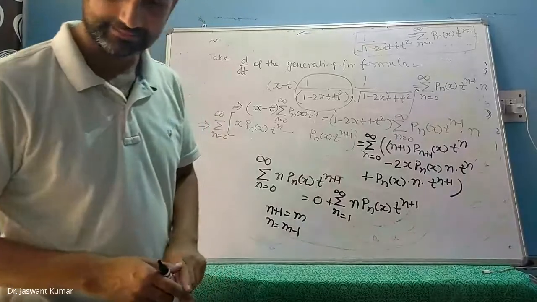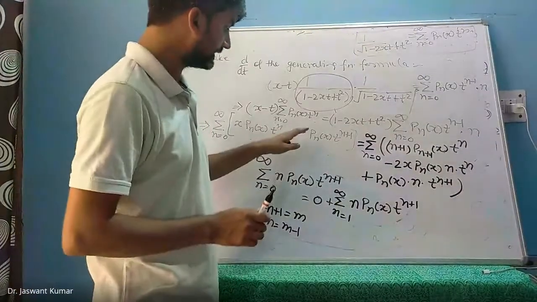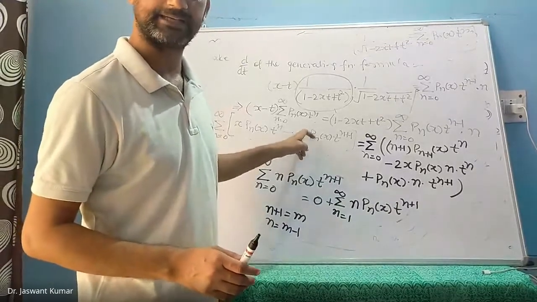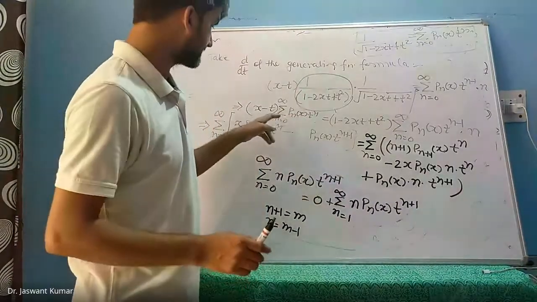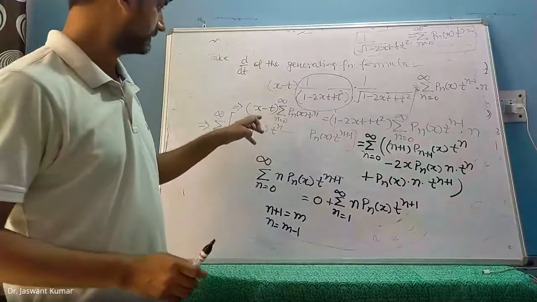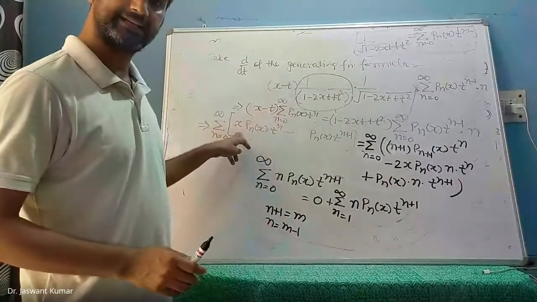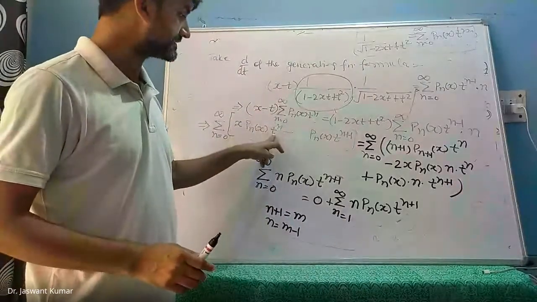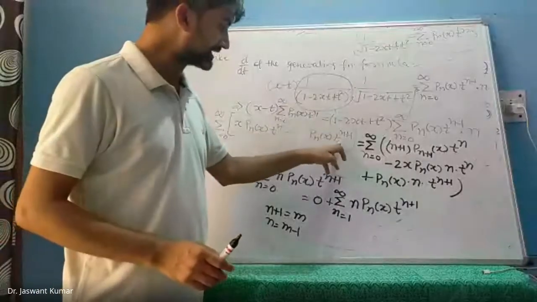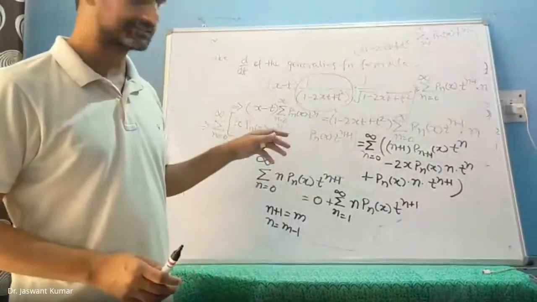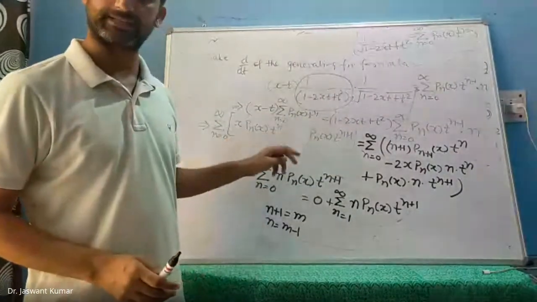Look, on your left hand side, in the second term, we had mistakenly put an x earlier, so that x will be 1 because there is no x in the second term. The multiplication factor was x minus t. X we have already written in the first term, which had powers t to the power n. In the second term, which had powers t to the power n plus 1, we had written an x, but that x should go away because there is no x over there.